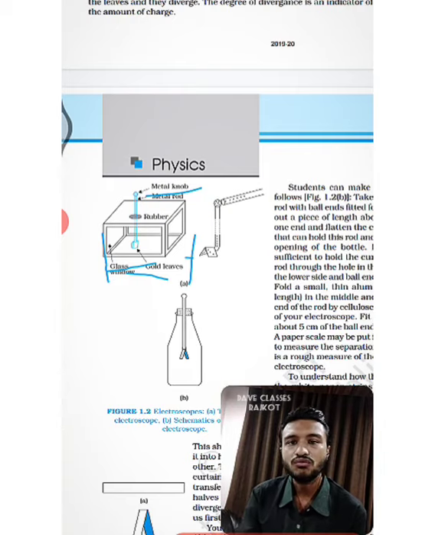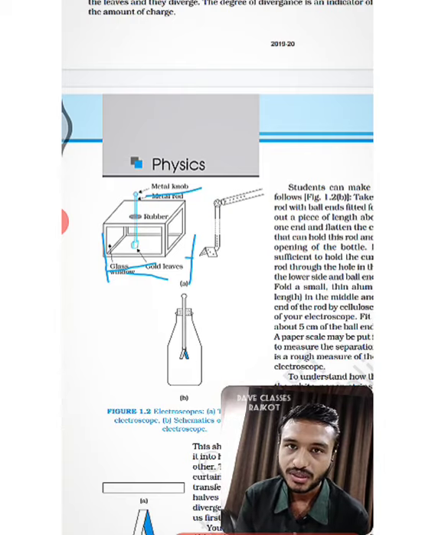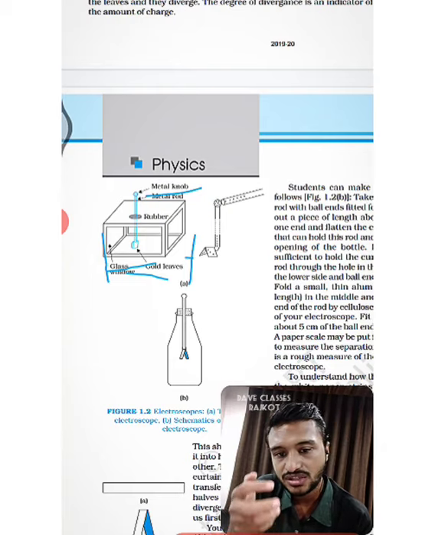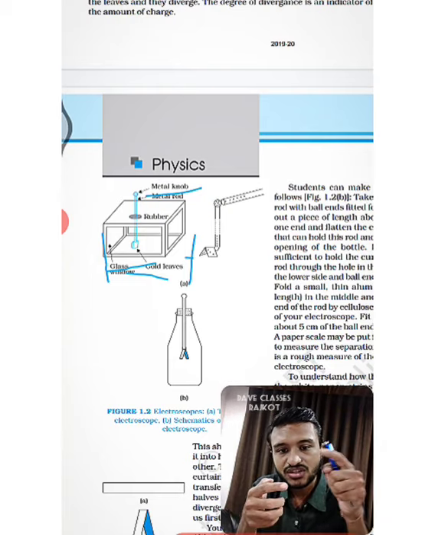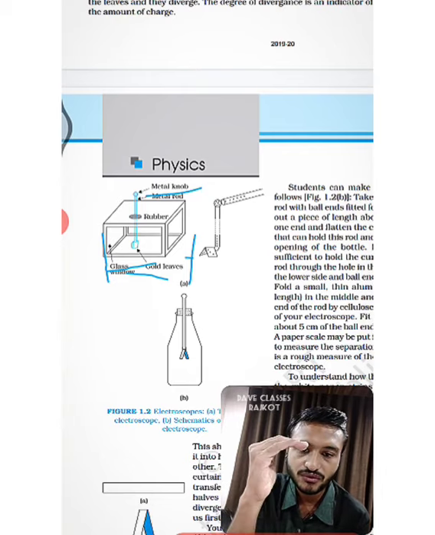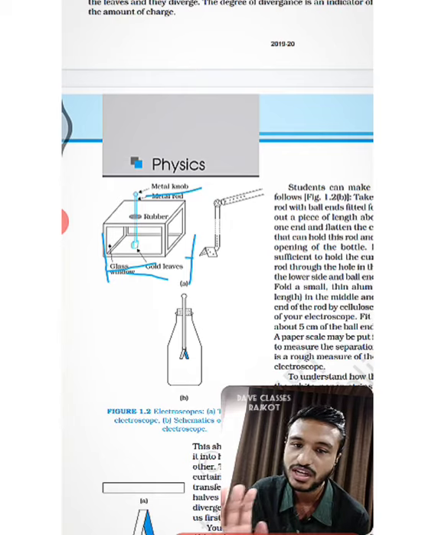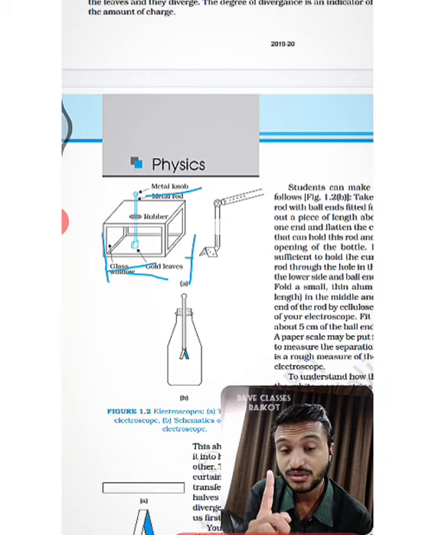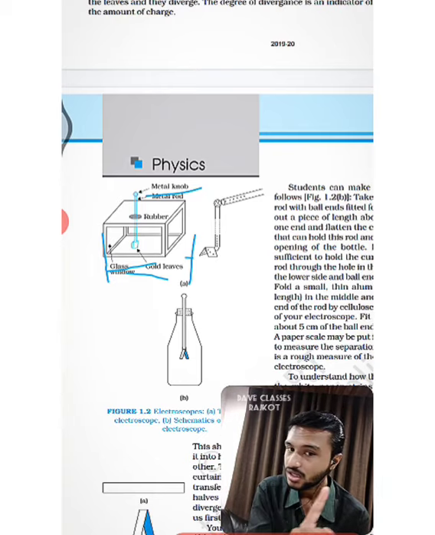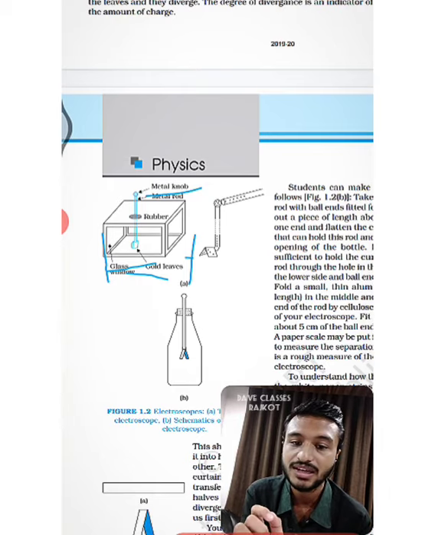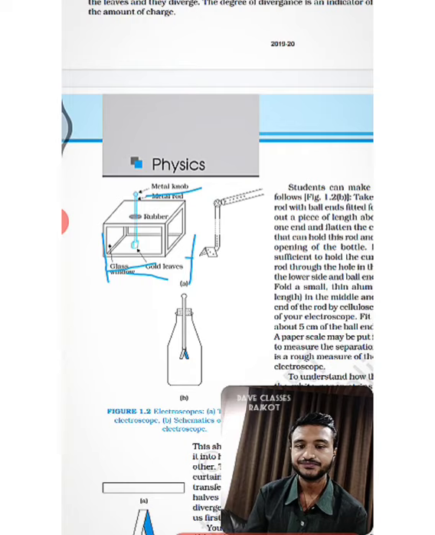Now let me tell you, why do we use a metal rod? Can we use a non-metal rod? No, only a metal rod can be used. Why? Because the metal rod is the main thing by which the charge will conduct. If we cannot make the charge flow from one end to another, then we cannot determine the charges. The knob is also required to be metal, not non-metal. If a non-metal knob is used, then electric charges will not flow.